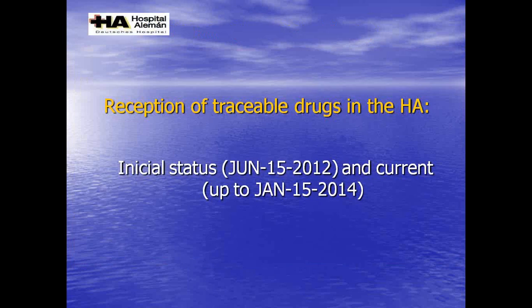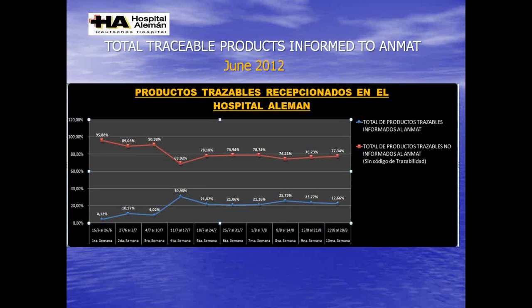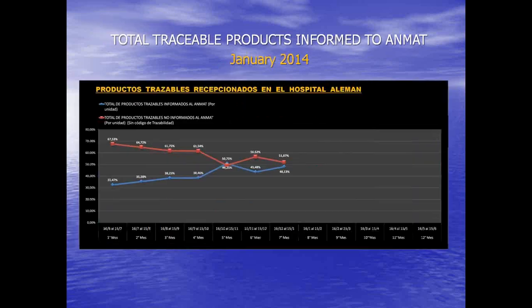The reception of traceable drugs in the hospital. Here I want you to see how we were at the beginning in June 2012 and how we are now with the percentage of reception of traceable drugs. You know, the hospital is an end-user organization in the medication chain. At the beginning, in June 2012, only near 4% of drugs came to the hospital with their identification with the data carrier. Over 95% came without it. And now, this year, 2014,